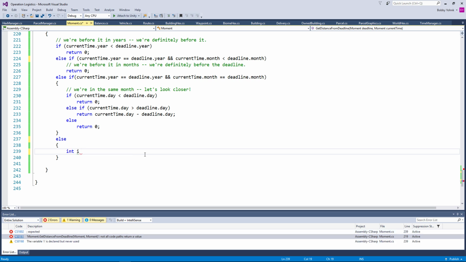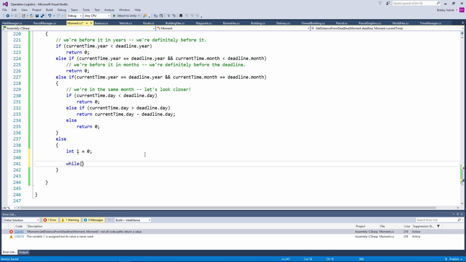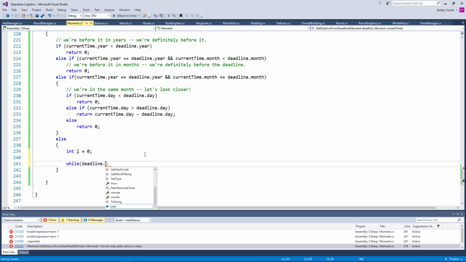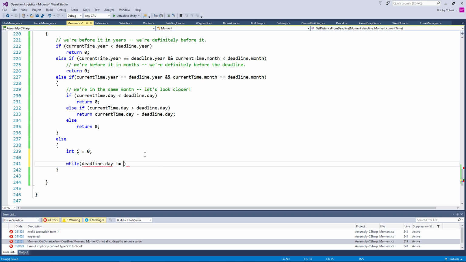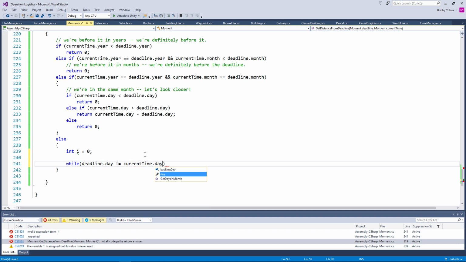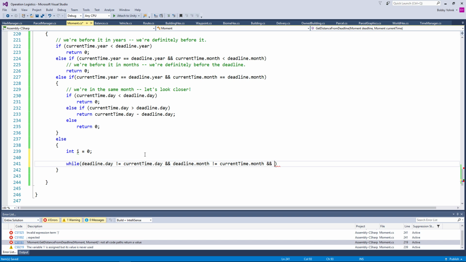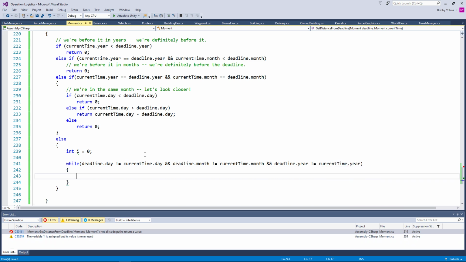So what we could do is we could just do something like this. Int i equals 0. And then while deadline.day is not equal to current time.day and deadline.month is not equal to current time.month, and deadline.year is not equal to current time.year, we can just do